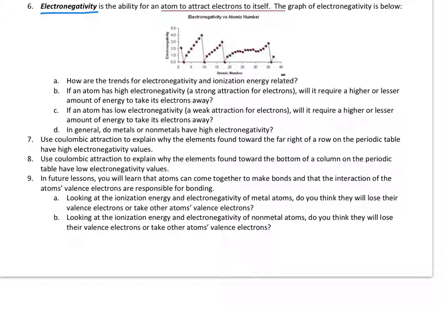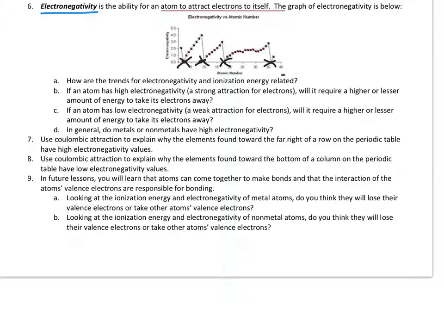Okay, so we're going to take a look at the graph again. So take a look at the graph on your papers, and then also your periodic table. Okay, so we need to see the trends for electronegativity. Just like we did for the last graph, we're going to take a look at the points and see what happens going across and what happens going down. Now, I do want to warn you, please ignore these noble gases on the bottom, because that's going to confuse you. They don't really have an electronegativity value because their valence shells are full,